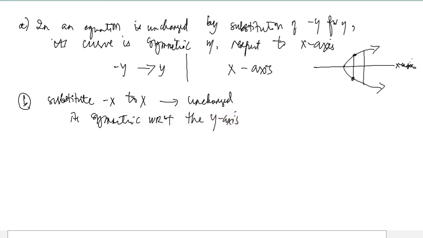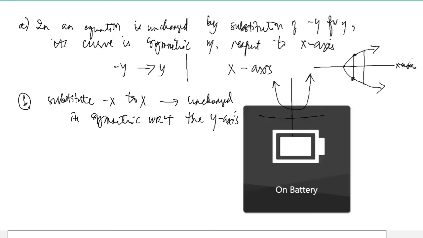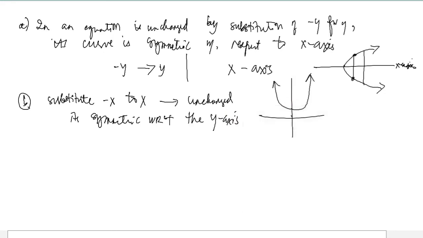So, parang ito siya. Kung ano yung itsura ng kabila, yun dapat yung itsura din ng kabila. Kay y-axis naman siya. And third,